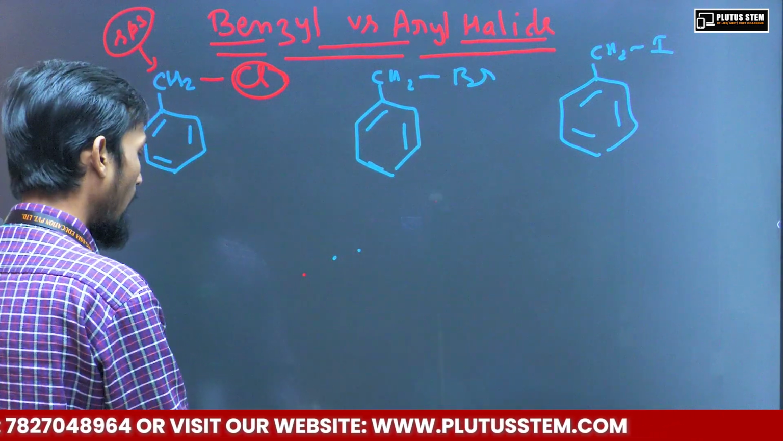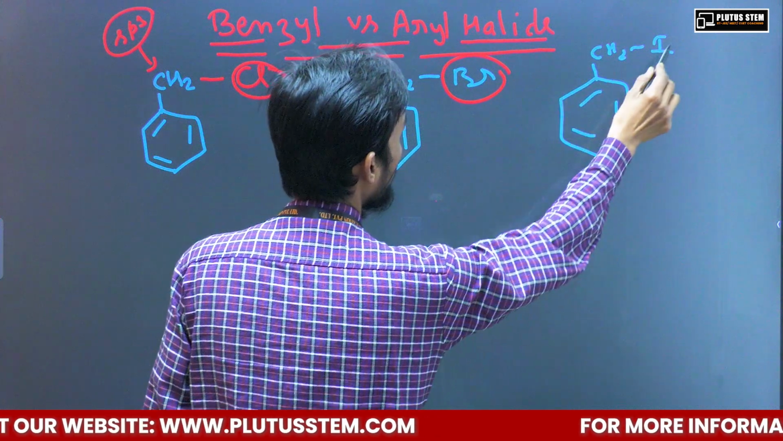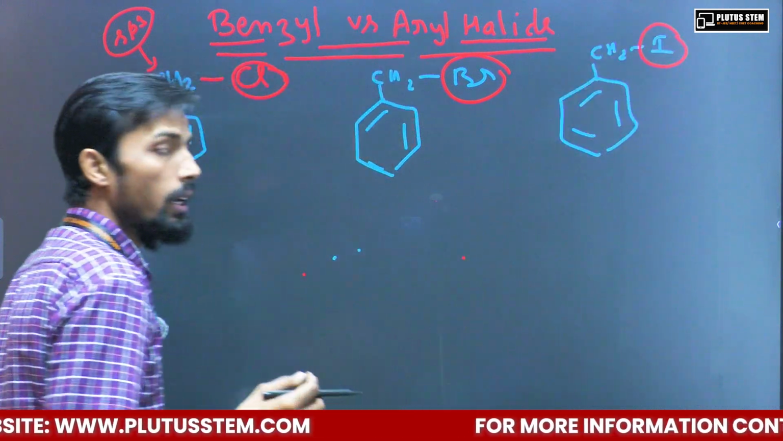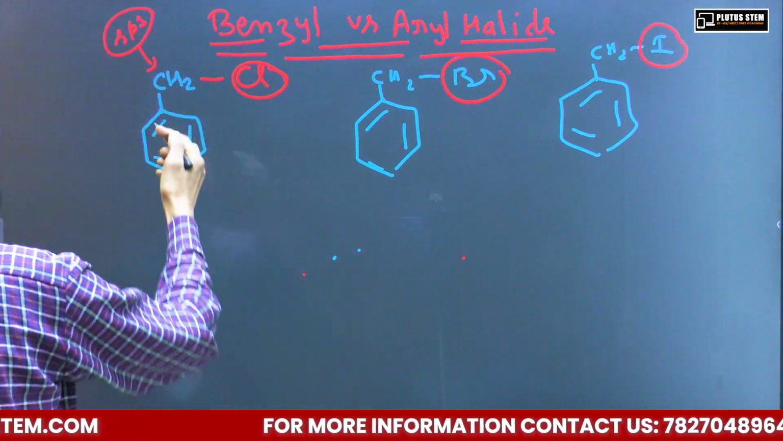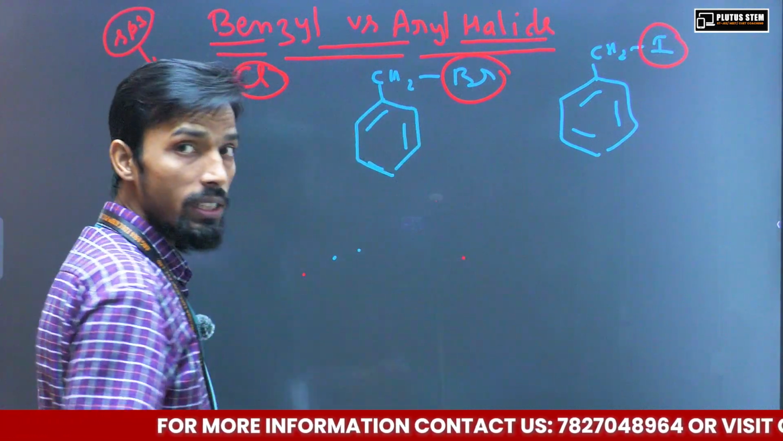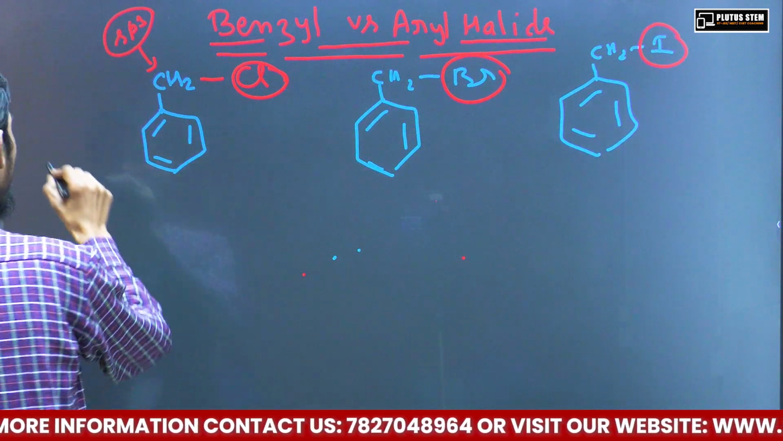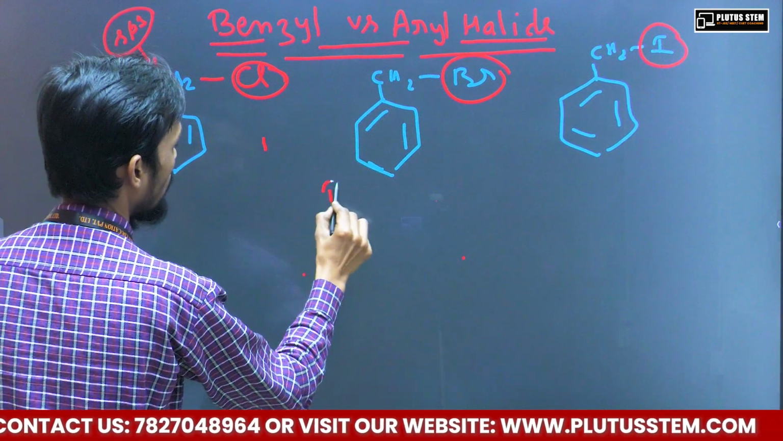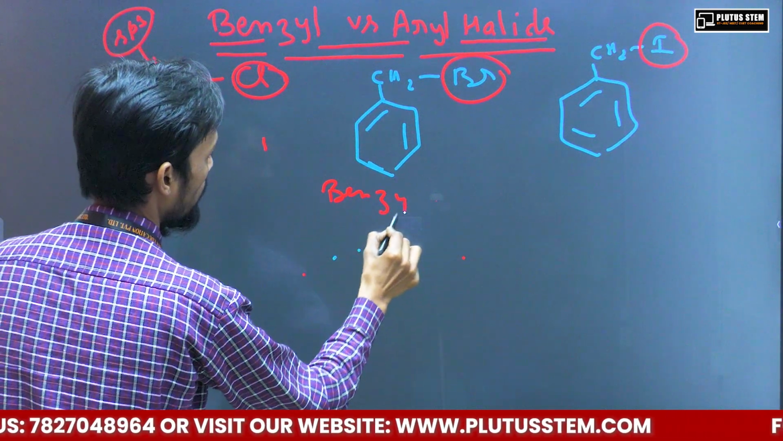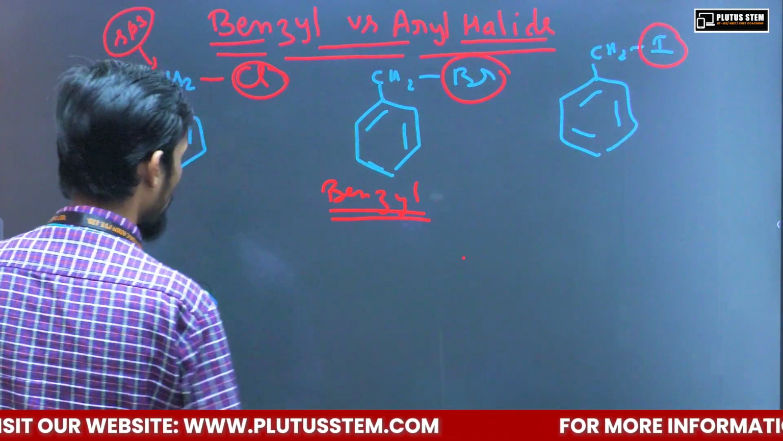So the attachment is not directly at a benzene ring. The attachment is at an alkyl carbon, or you can say an sp3 hybridized carbon, which is directly attached to the benzene ring. This is our benzyl. These are benzyl. And regarding the aryl, if you see over here,